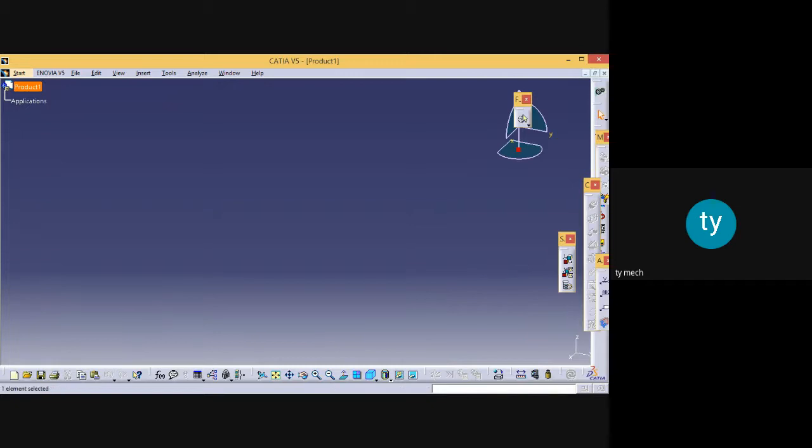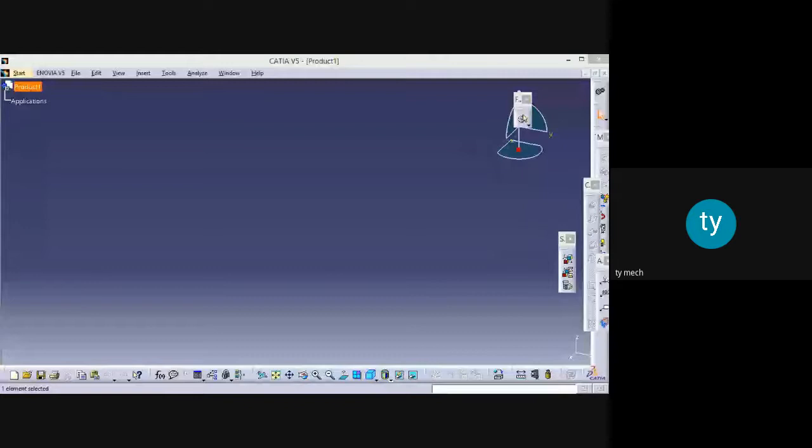So these are the 3 points we are going to focus on in CATIA software, and later on we will switch over to ANSYS software, and there we are going to learn two basic tutorials in ANSYS software. How to import a CATIA model to ANSYS software, that also we are going to learn in the practical session.